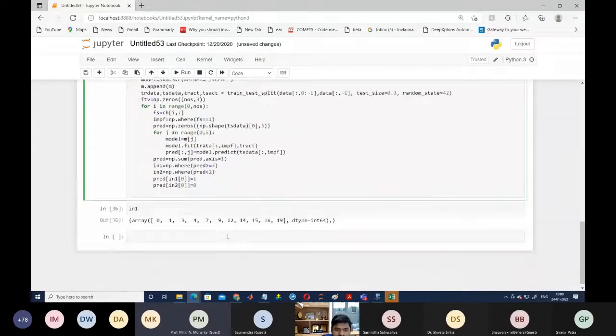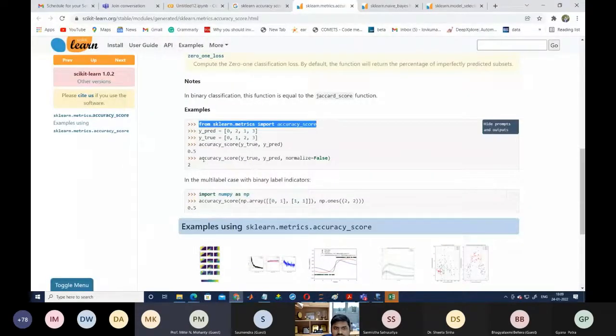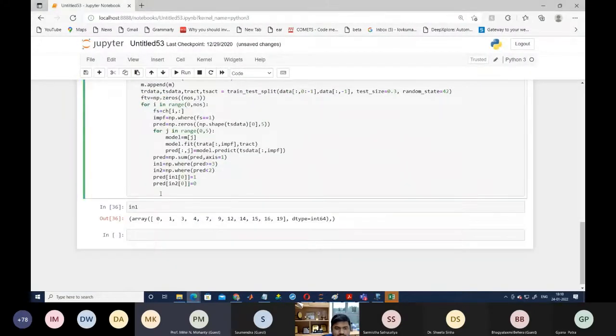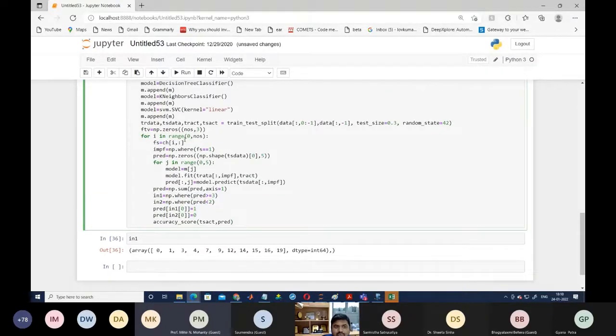Then it asks how to calculate accuracy. You have to use this formula to calculate the accuracy value. So we are writing this formula here, where y true is our TS actual, and y prediction is basically what we are writing as predict. Once we got this, we are going to store this value in the accuracy fitness value. We are writing here the fitness value of this, and all the things we have to write here.